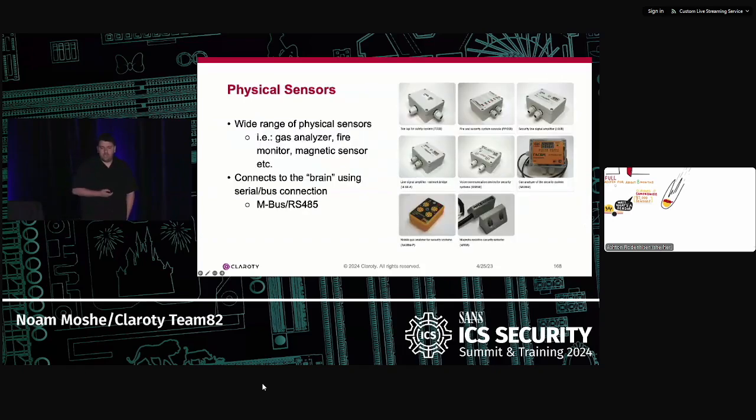What are they? You see, the physical sensors sold by AO-SBK are very simple devices with a single goal of reading some physical measurement, be it gas, be it fire, it could be electromagnetic stuff, and basically doing some calculation, getting a read, a measurement, and sending it down the line for further processing. Now, these devices are very stupid. They don't do much. They don't have Ethernet. They don't have very sophisticated IP stacks or something like that. Instead, they connect serially to a brain that does all the processing and handling, and they simply send the measurements down the line.